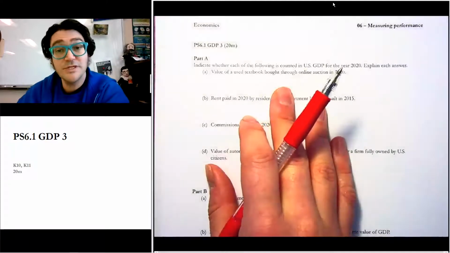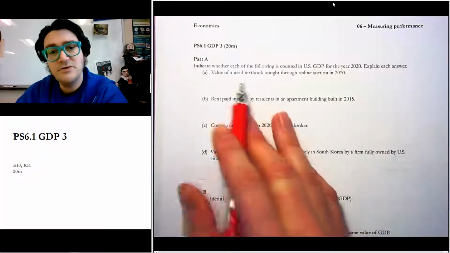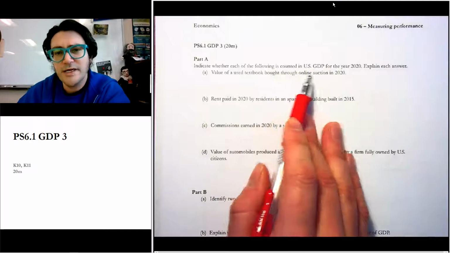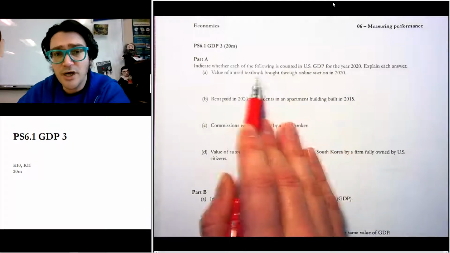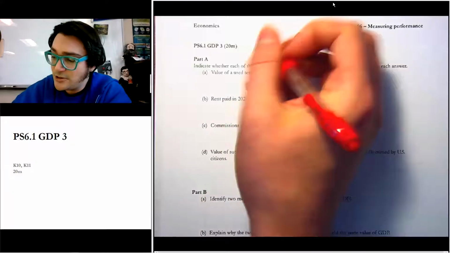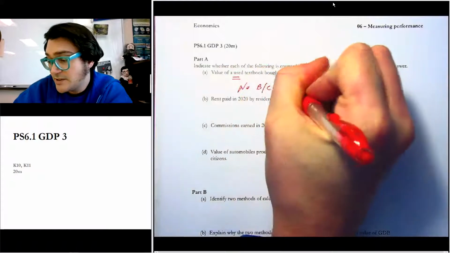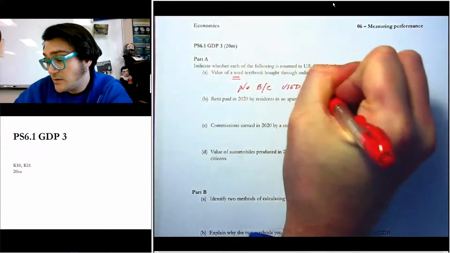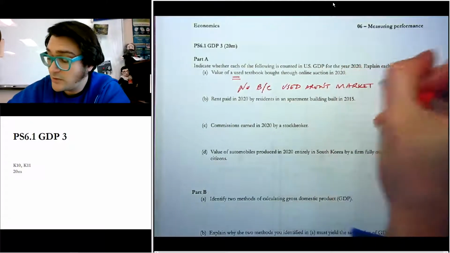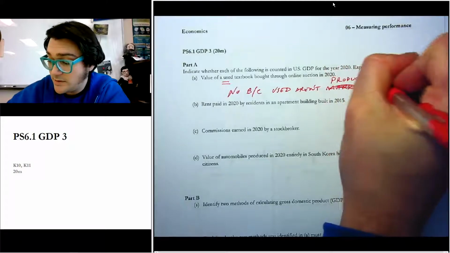First, it says indicate whether each of the following is counted in US GDP for the year 2020 and explain. Value of a used textbook bought through an online auction in 2020. So the online auction actually doesn't really matter very much as long as this book was bought in the United States. But the bigger issue is that it's used, right? And so we'd say no, because used goods aren't market,